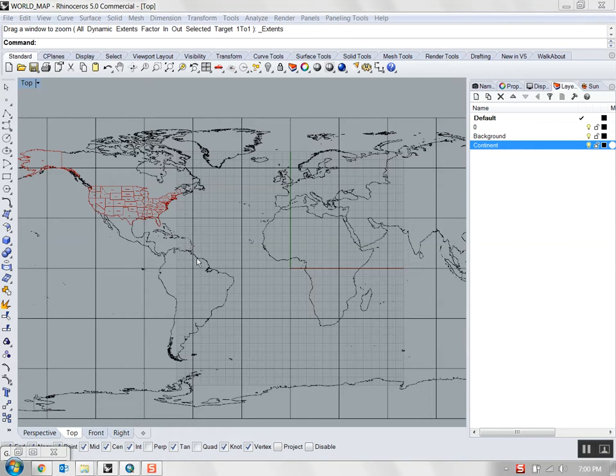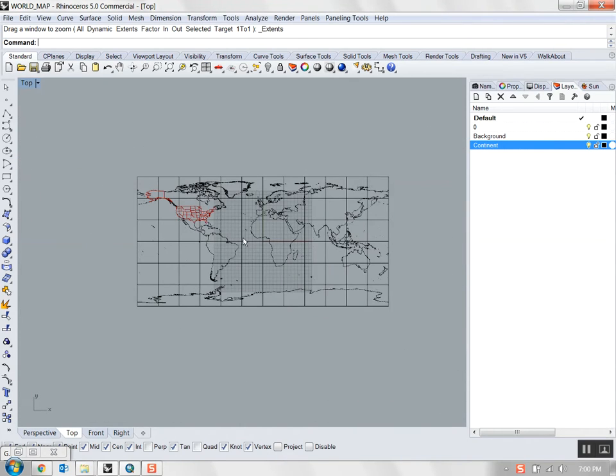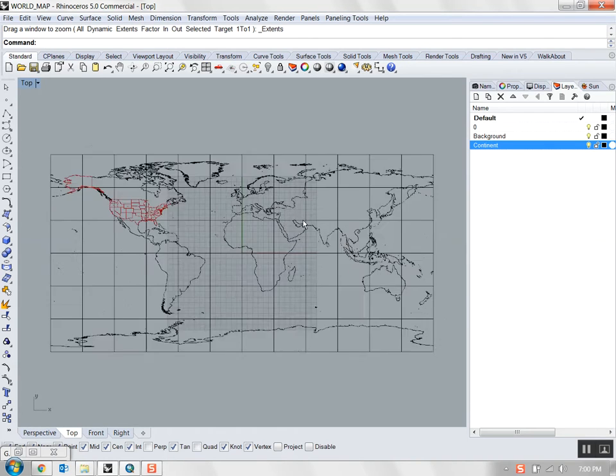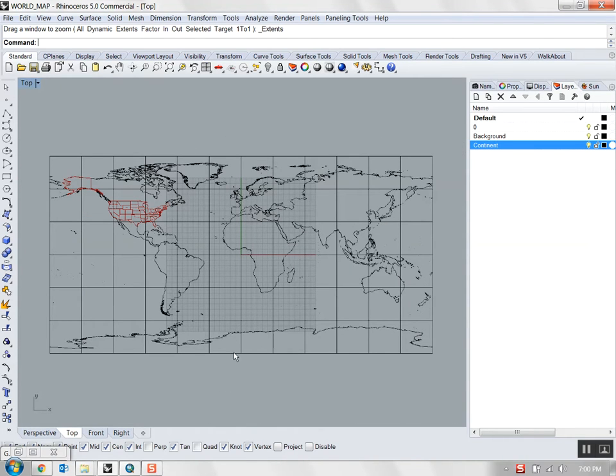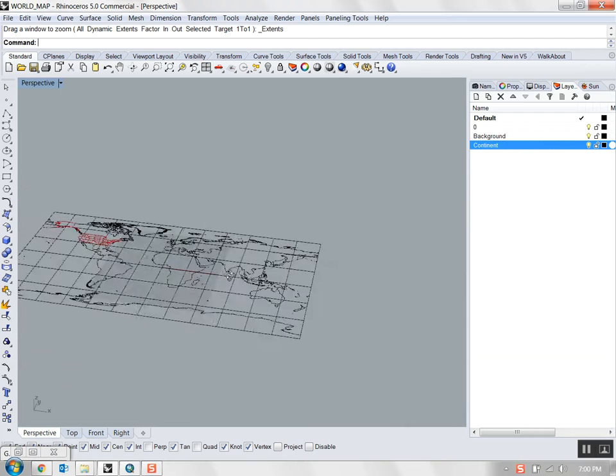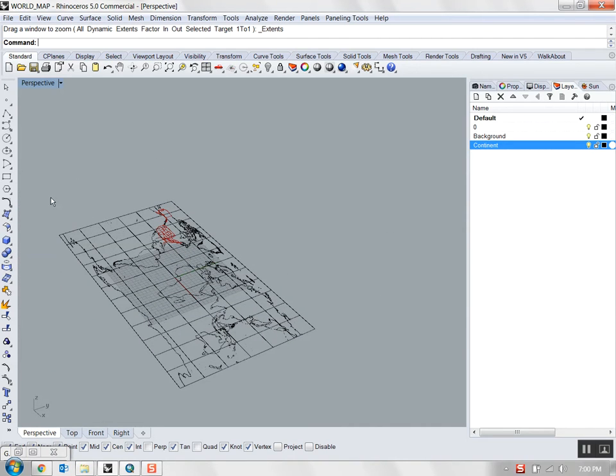So another thing that we can do with this map here, and this is going into visualizing your stuff in 3D more dynamically, is we can actually project this map onto a sphere, so that it's like on a planet, so to speak. And the reason we can do this is because if you think about it, this bounding box around the world map here is rectilinear. But we can use this to map it to a sphere in Rhino, because spheres in